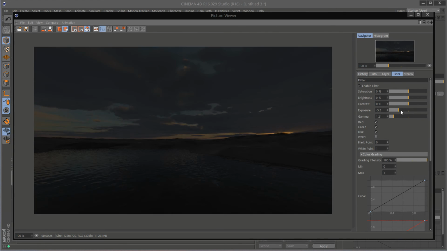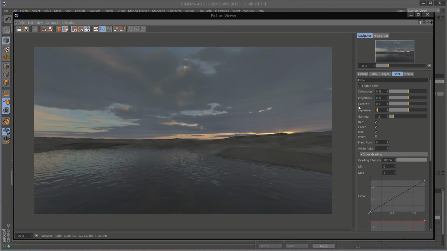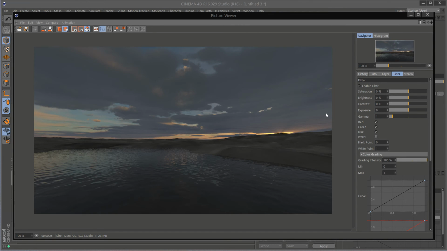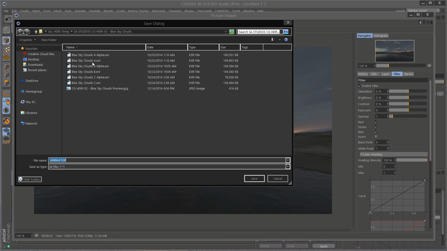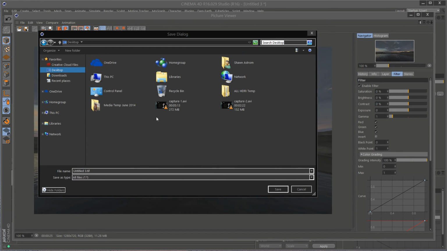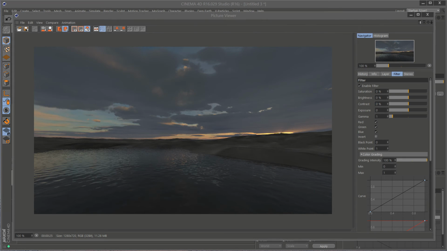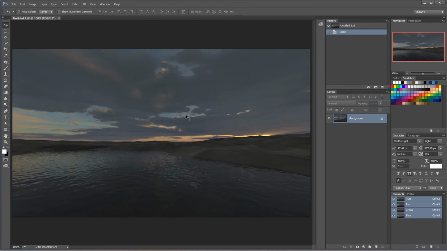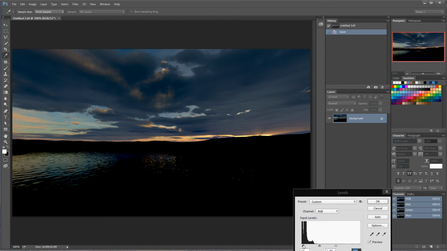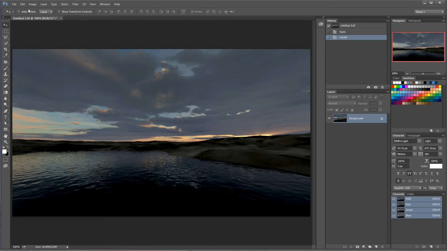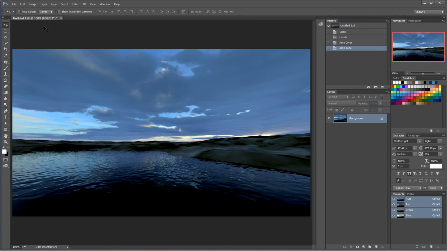So you can really, especially in your compositing app of choice, dial in these images to make them look cool. Real quick, I'm going to save this out to my desktop. We'll pull it into Photoshop and see if we can't just spice it up a little bit. Play with the levels here. That's a little crazy. But let's be real creative here and do the auto color and auto tone,